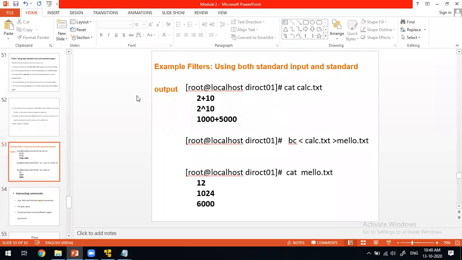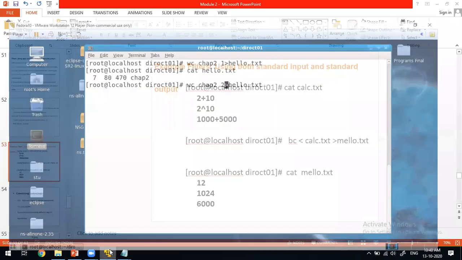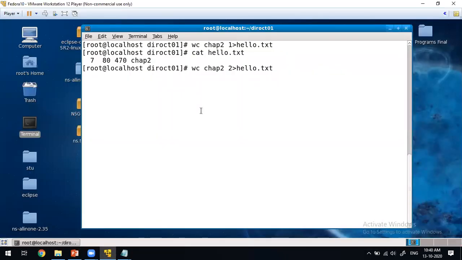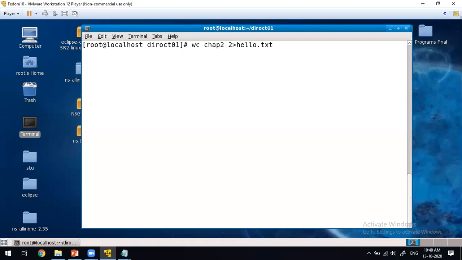One example is this. Let's clear and check. There is a file called calculation.txt. Let's cat calculation.txt.